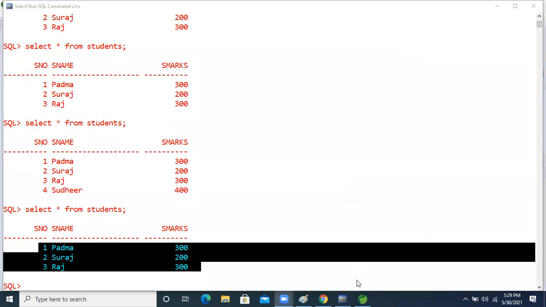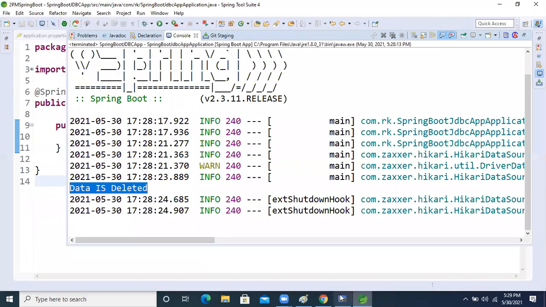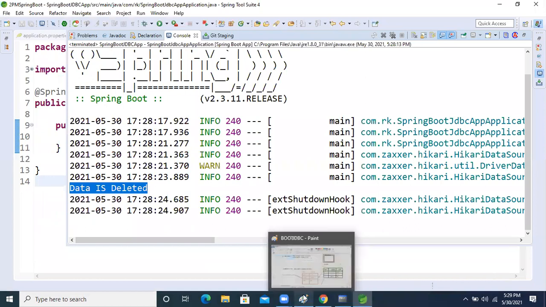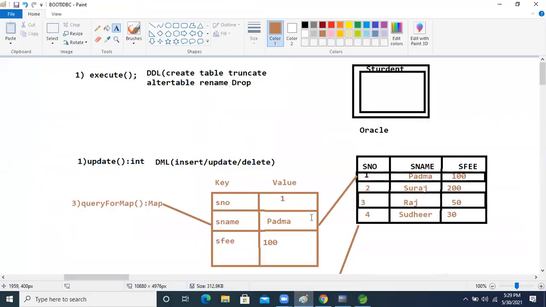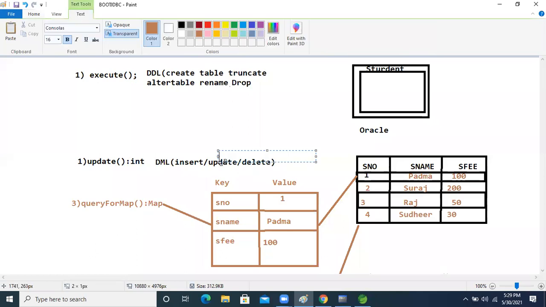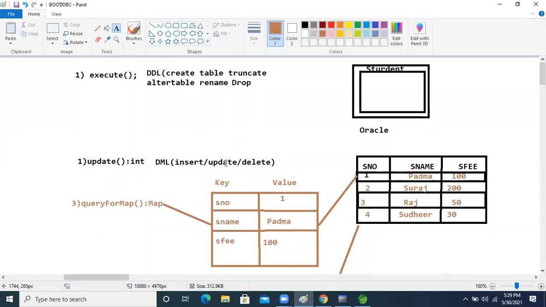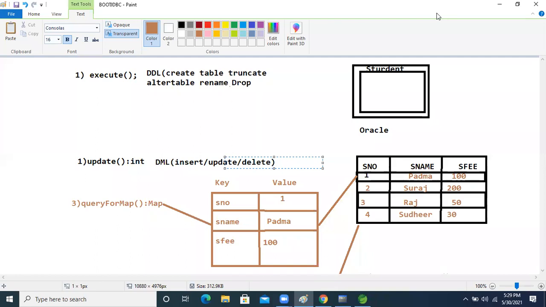Okay, so fine now, guys. Come again to the next level discussion. So how many operations have we completed? Insert and delete. Still the update operation is there, right? Let's perform the update operation also. Shall we proceed to the next level discussion now, guys?